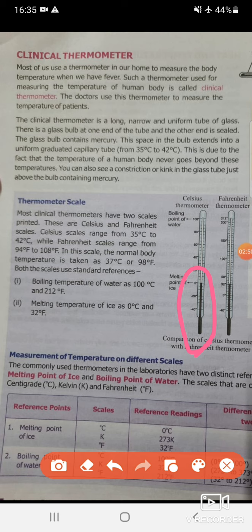Now, if you have a thermometer, you can do the experiment right away along with the explanation. Take a thermometer in your hand, put it in your mouth below the tongue in order to know the temperature of your body right now. If you have fever, you will come to know about it right away, okay?